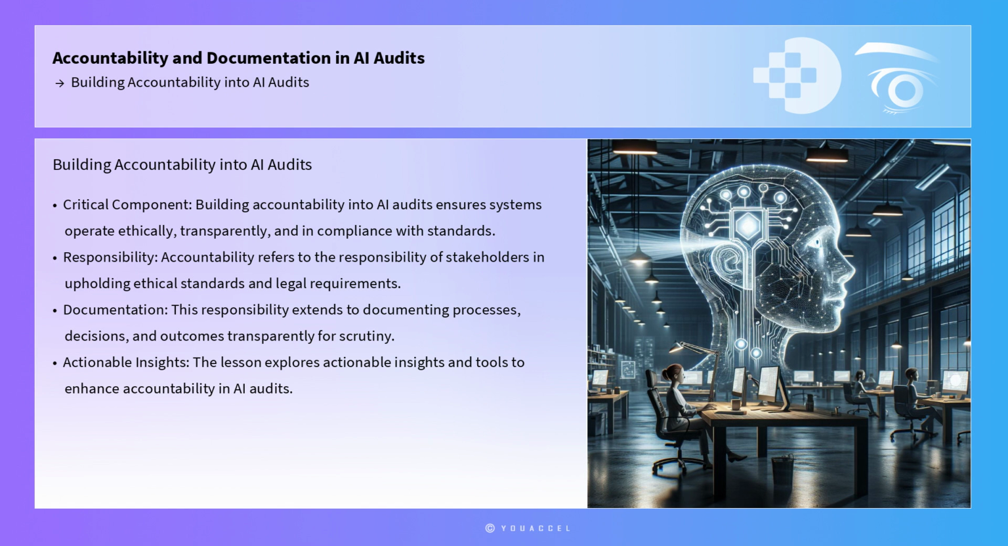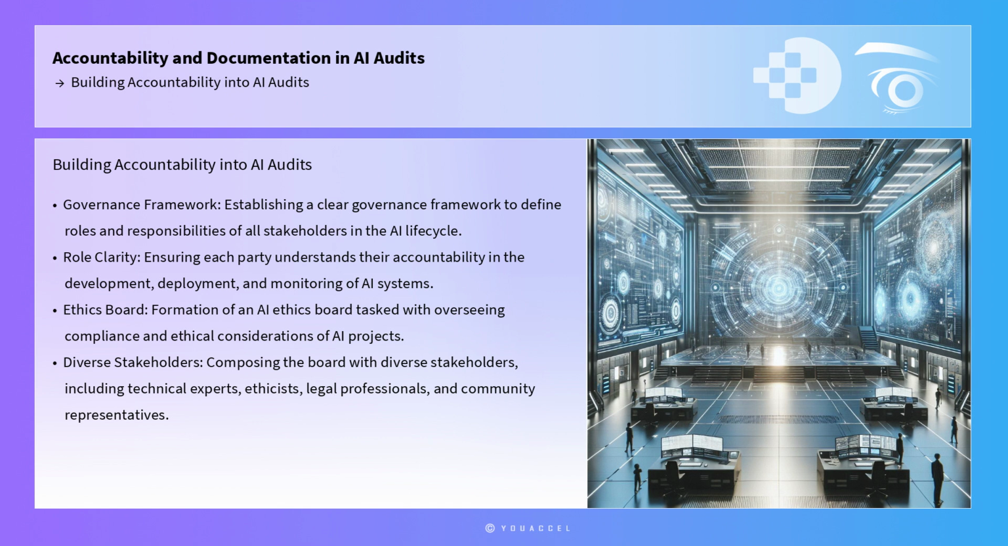This lesson will explore actionable insights, practical tools, frameworks, and step-by-step applications that professionals can utilize to enhance accountability in AI audits. The first step in building accountability into AI audits involves establishing a clear governance framework. This framework should define the roles and responsibilities of all stakeholders involved in the AI lifecycle. By delineating these roles, organizations can ensure that each party understands their accountability in the development, deployment, and monitoring of